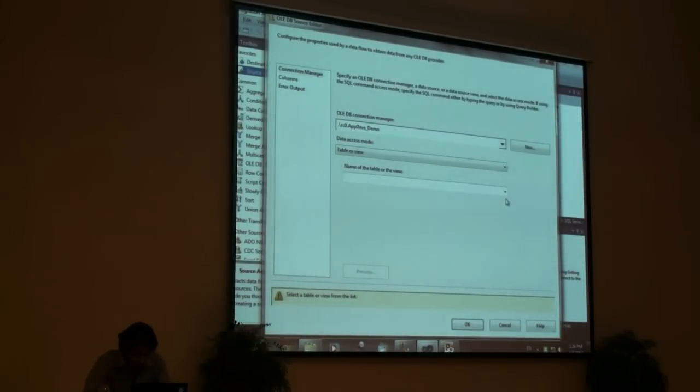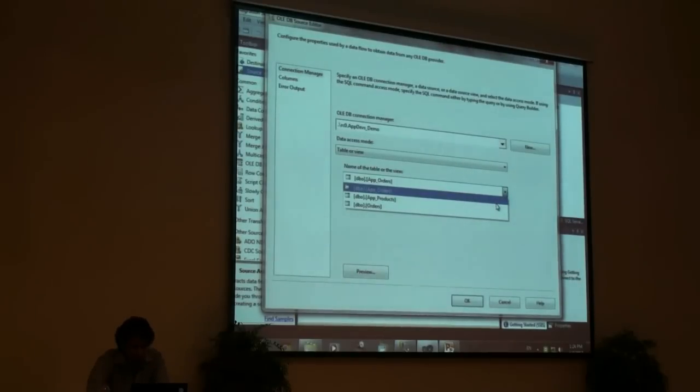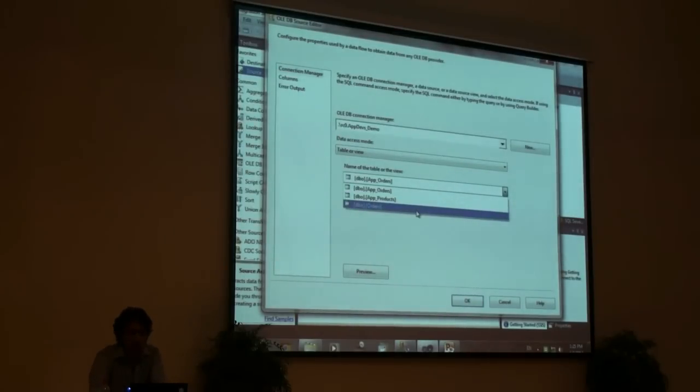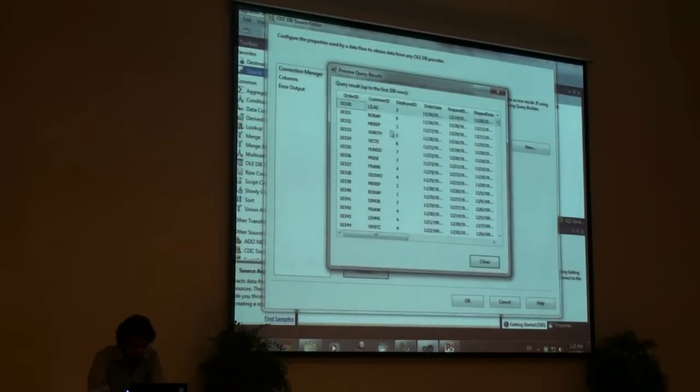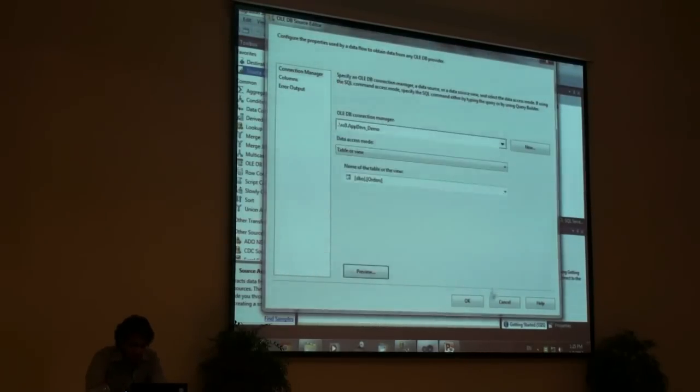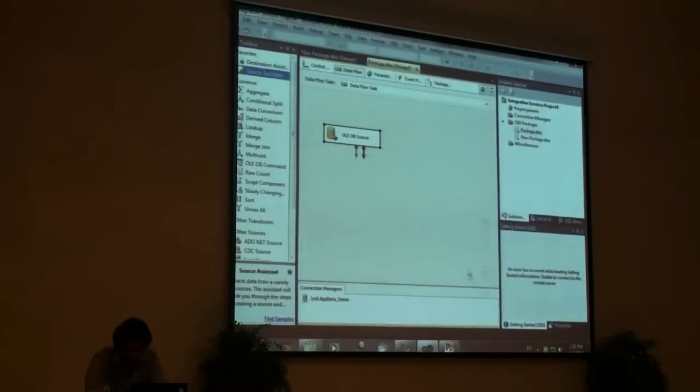Okay, so I'll choose a table in this case. And I'll choose the same table, the orders table that we just worked with. Can preview. So this is the data. This is like a sample of the data that you worked with. As you can see, first 200 rows. And I'll click OK. So this is the source. What about the